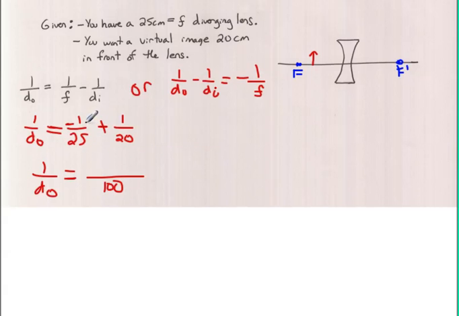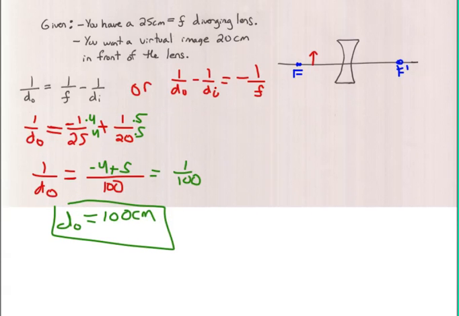To fix this one, wouldn't you have to say that's 4 over 4, and over here you'd have to go 5 over 5. So then you'd get negative 4 plus 5. There's how you can do that without a calculator. So that's really just 1, isn't it? 1/100th. We're in centimeters here, so in other words, d sub 0. If we flip that, that's just going to flip and become 100